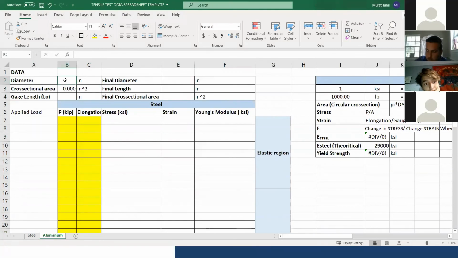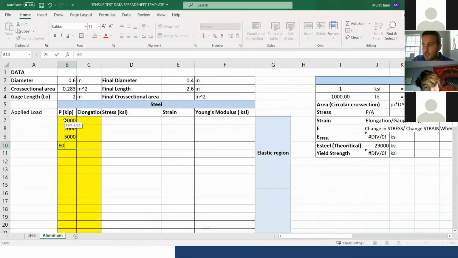Let's say diameter is 0.6, gauge length is 2 again, the final diameter is 1.4, and the final length is 2.6, and the final cross-sectional area. You can just put the equation from here, pi d squared over 4, and you can enter the loads 1,000, 2,000, and let's say 5,000,